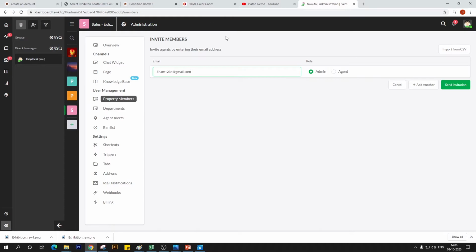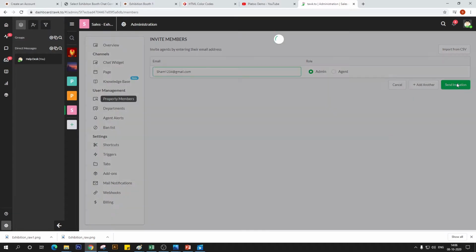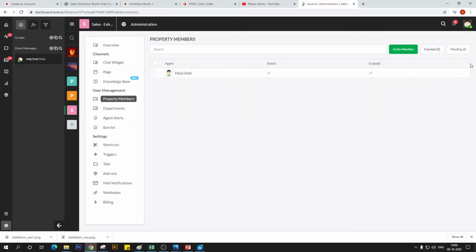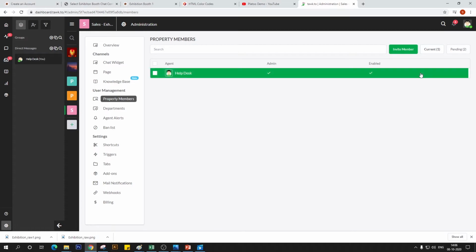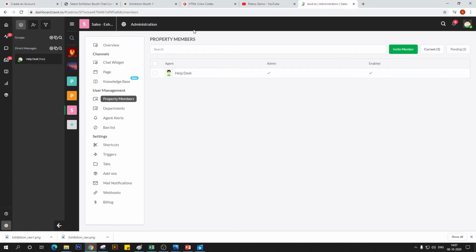It could be somebody from the client's end. It could be any person that you want to man that particular chat widget. So we're going to send this invitation, and that should send an email invitation to that person. If that person already has an account on Talk, he'll get a link that will redirect him to this dashboard, or if that person is not registered with Talk, he'll get a link to first create an account, and then that person will be directed to your chat,